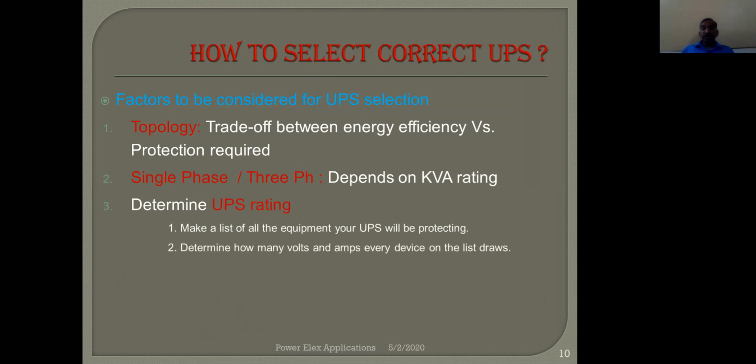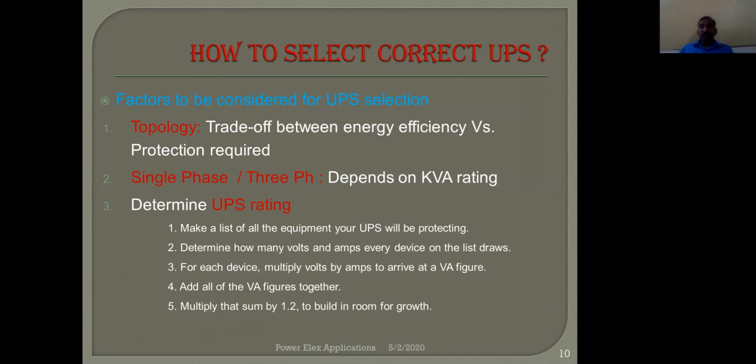how to determine these UPS ratings. First, make a list of all equipment that you want to put on UPS, because it's not necessary that all equipment, lighting, fans and ACs will be put on UPS. It may happen that you will only put computers and some lights on UPS, and the rest of the things will be off if mains is not present. Then, whatever equipment you list, you have to mark the VA rating of it. Then after getting the VA ratings, add all these. This will determine your need of power.